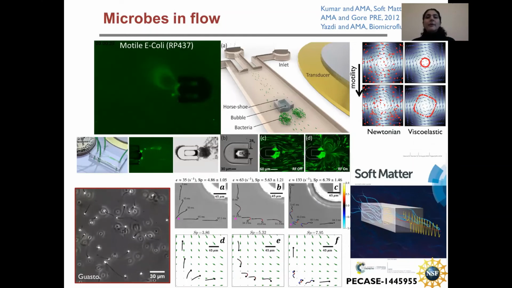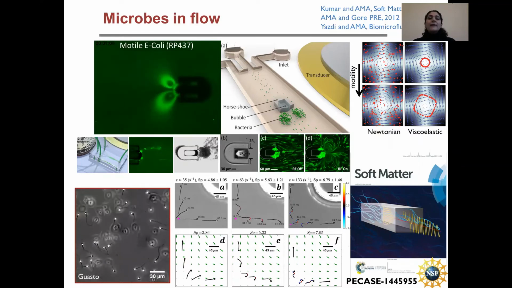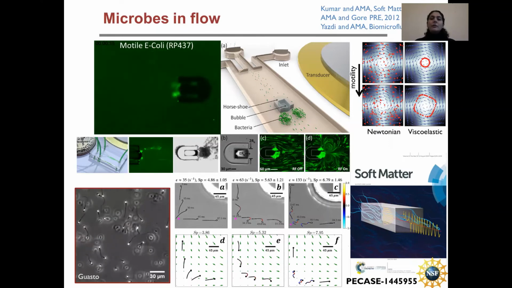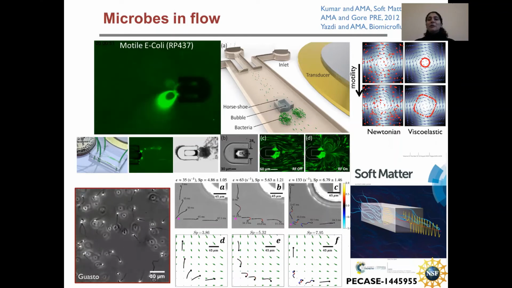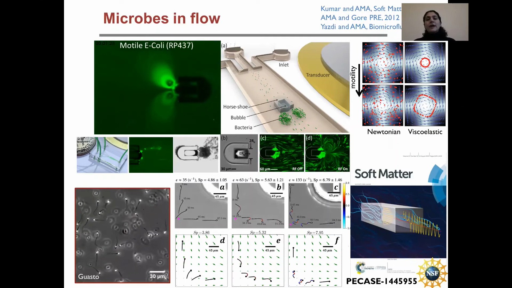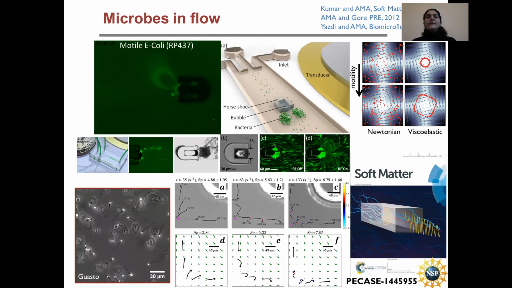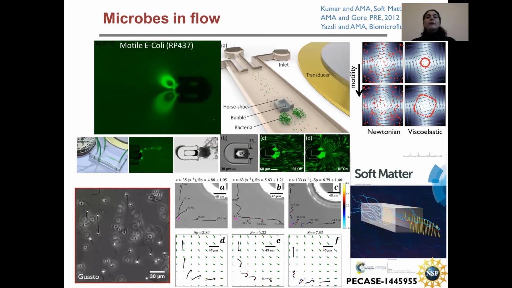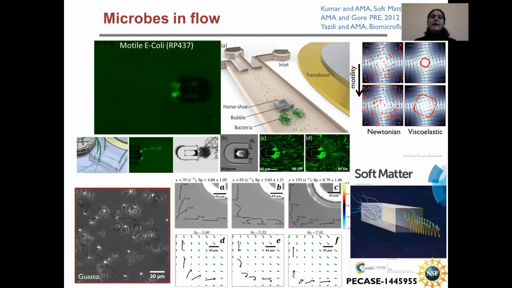We also look at how flow affects their motion. This can be relevant in terms of biofilm formation, but also for biofilm removal, as well as it can be relevant for other cells that move in the presence of flow. For example, external fertilization of marine organisms happens in the presence of chaotic turbulent background flow in oceanic environments. On the other hand, even for mammalian fertilization, the sperm moves in the female reproductive tract, which itself has some background flow present. So we look at how these affect motion and movement of sperm cells.